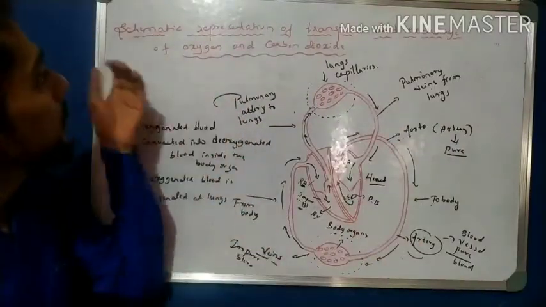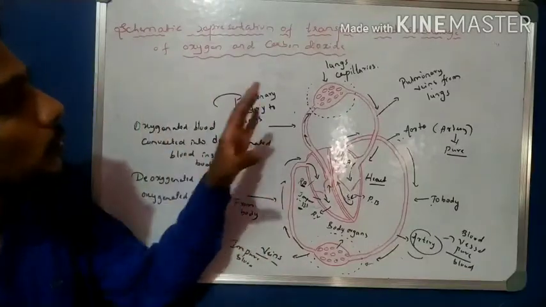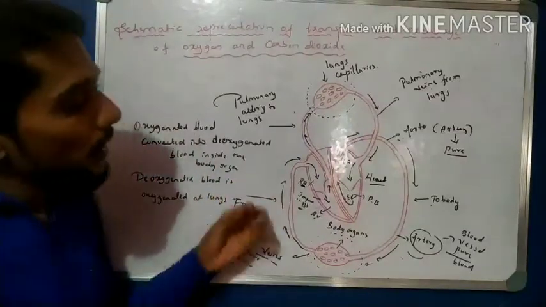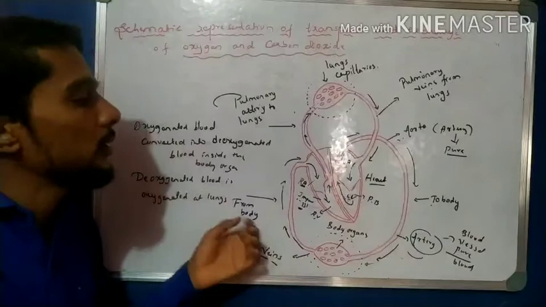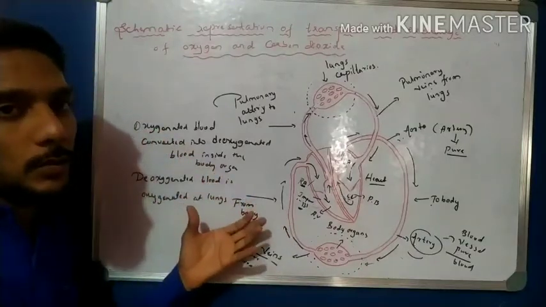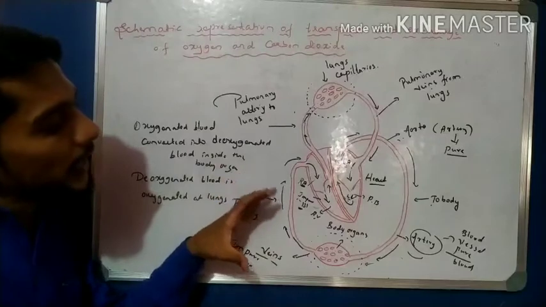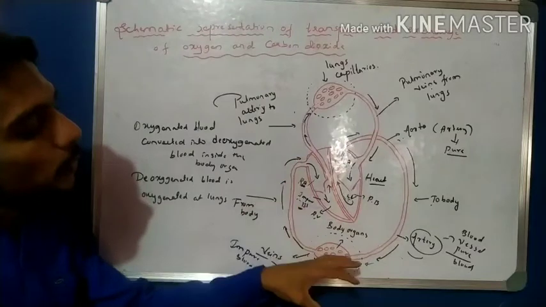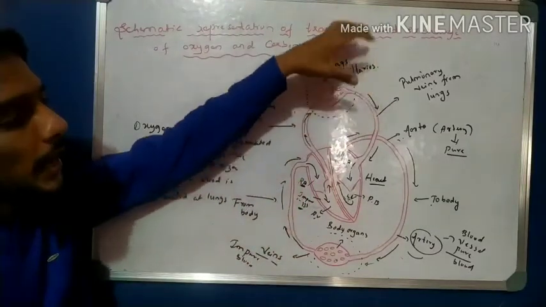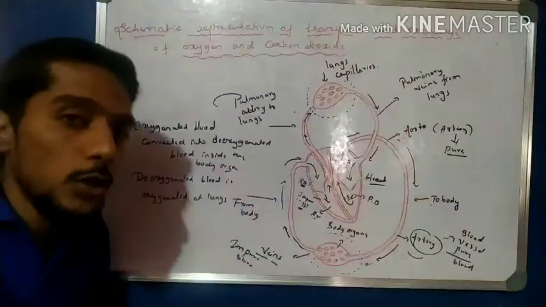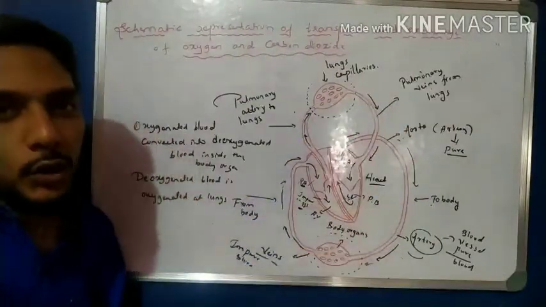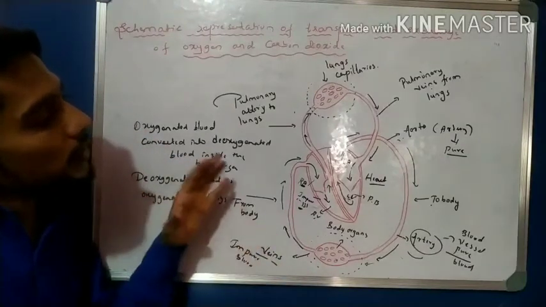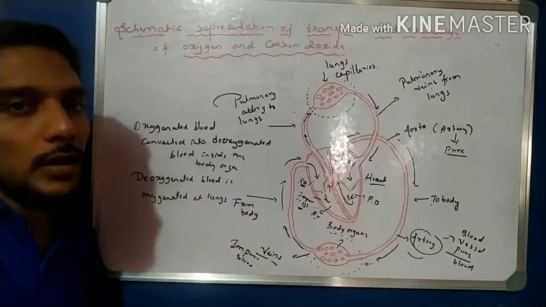So that is our schematic representation of transport and exchange of carbon dioxide and oxygen. Hope you understand this one. Very simple. Watch this topic two or three times and you will be able to memorize all these points. Okay, so it is a very important diagram. Practice this diagram, and we know how the impure blood enters the body, where the impure blood is purified, where the purified blood enters, and how it is transported to every part of the body. So this is what the diagram shows. Okay, hope you understand this explanation. So watch this video again and you will understand all the concepts. Okay, revise this two or three times, very important, right?